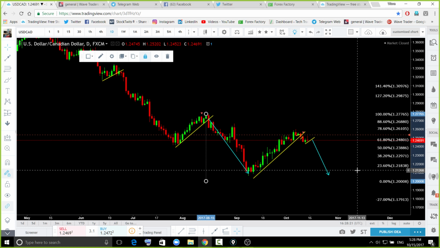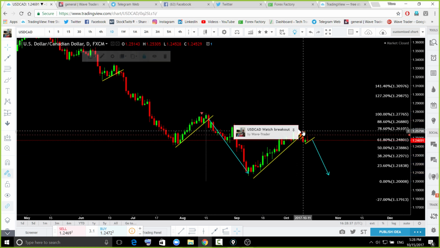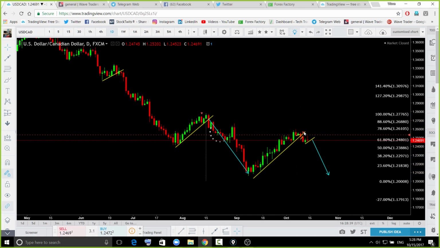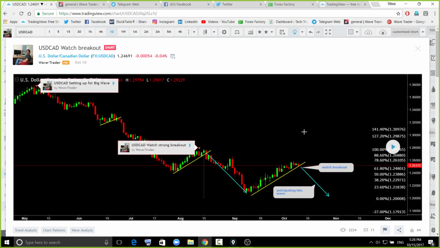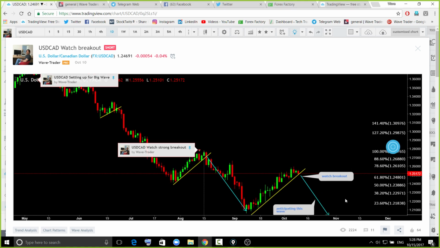These three continuation formations at the same place, close to the same area, are telling us that it is not falling aggressively. So this pair is not falling so aggressively. Those who are holding their short from that top, when I posted that chart, you need to understand that, fellows, and that is really important. You need to understand the price behavior, how price is doing over there.